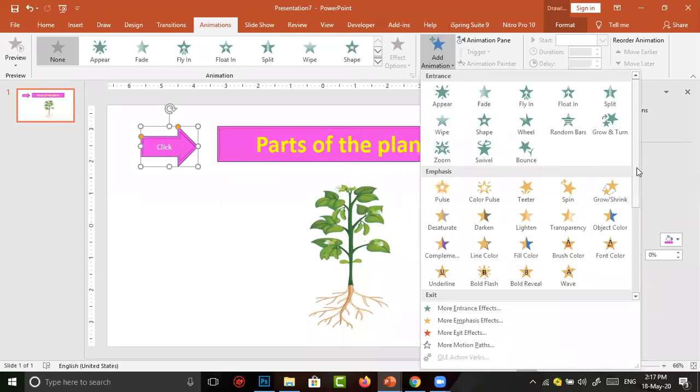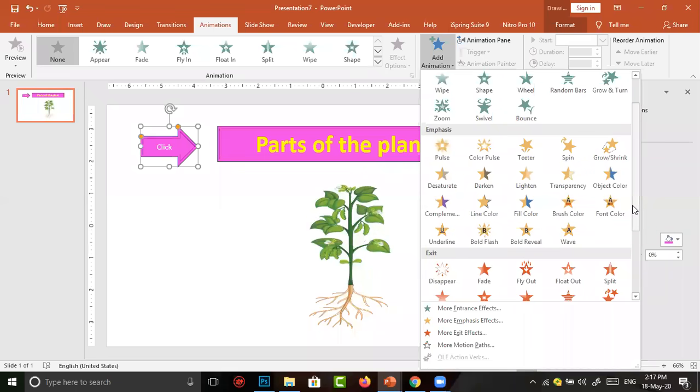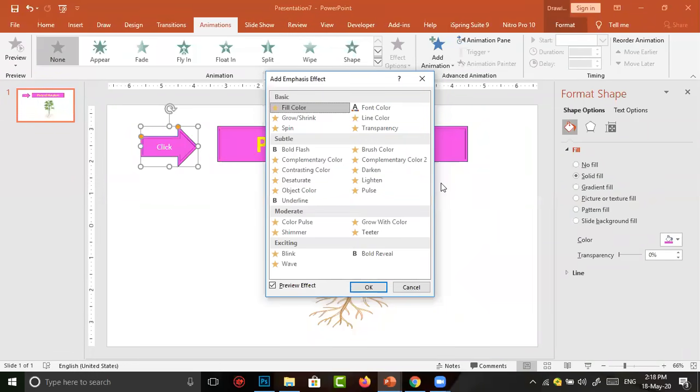Then we should go to emphasis. In emphasis, there should be a blink option. Suppose the option is not here, you just move to more emphasis effects. There, there is an option called blink. I click on blink.